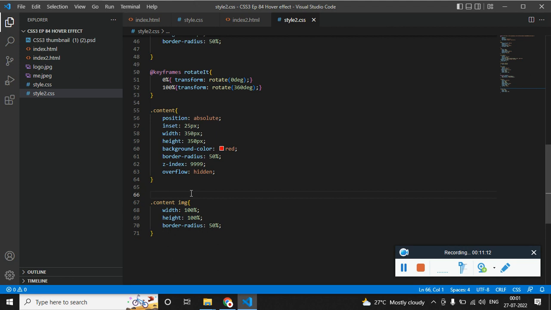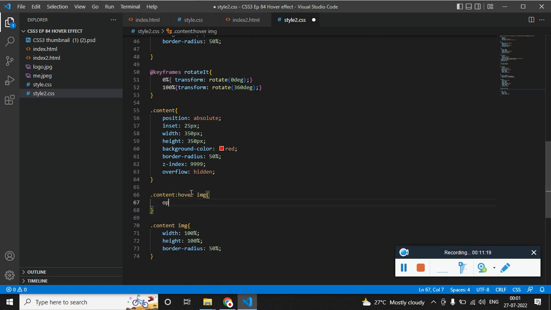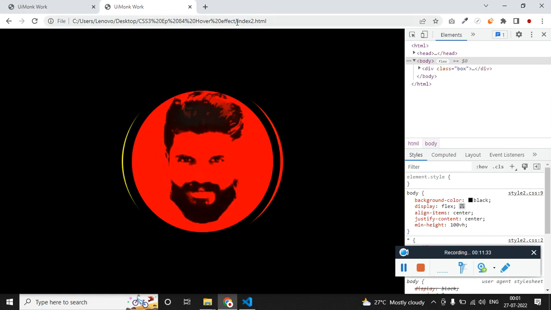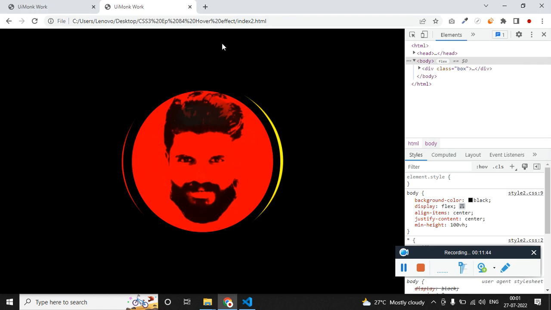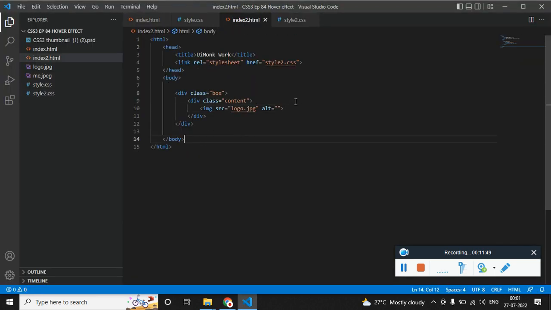Cool. And when I hover on the content, I want the image to get hidden. Opacity 0, and to have a smooth transition, we need to write transition 1s. So when I hover, let me remove the black color, red color, so it's gone. Actually we need to add this transition on the image, not on the content. Cool. For now we can just comment this,